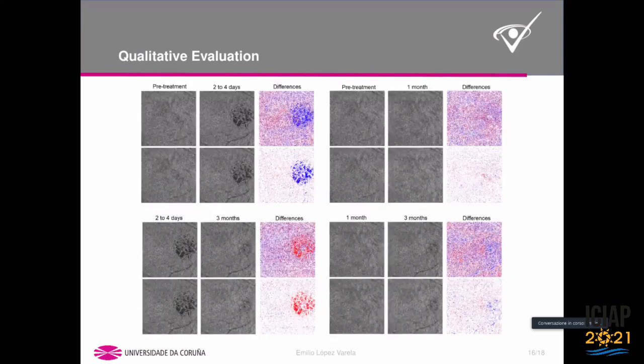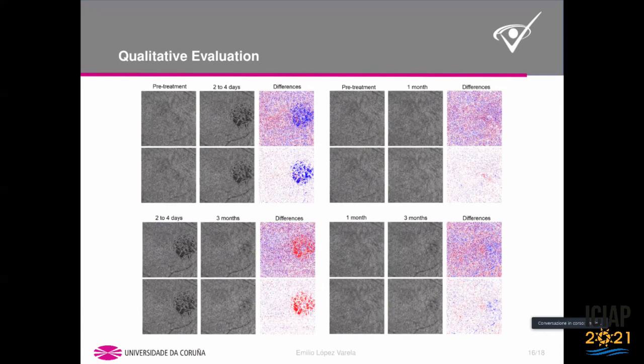Finally, here are more examples with more images when we apply our method. Here, our method is applied to images obtained at different time instances. We can see how we have pre-treatment and post-treatment images, pre-treatment and one month images, pre-treatment and three months images, and so on. So we can see how in all cases our method allows a better comparison of the distribution